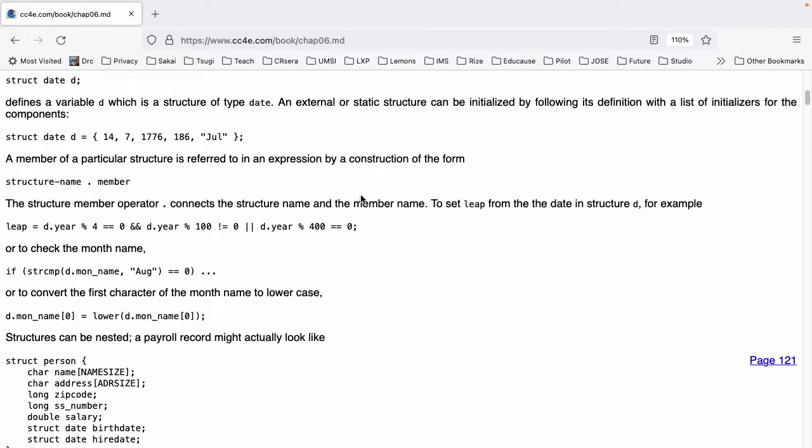To set leap from the date in structure d, for example, leap = d.year % 4 == 0 && d.year % 100 != 0 || d.year % 400 == 0; Or to check the month name, if (strcmp(d.mon_name, "Aug") == 0) ... Or to convert the first character of the month name to lowercase, d.mon_name[0] = lower(d.mon_name[0]);